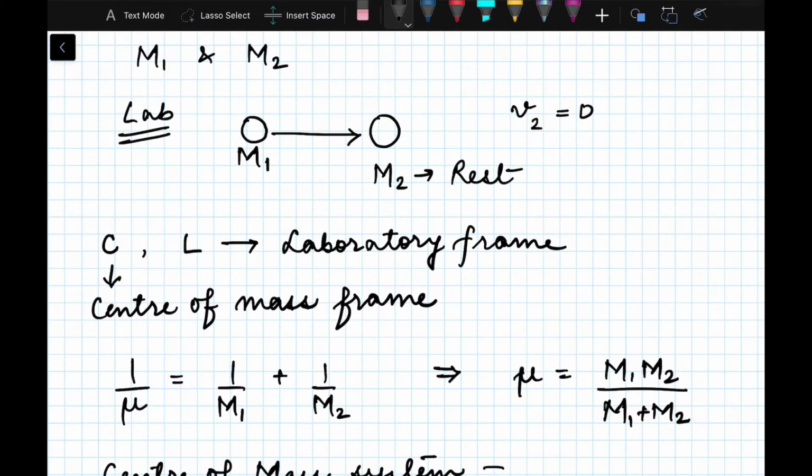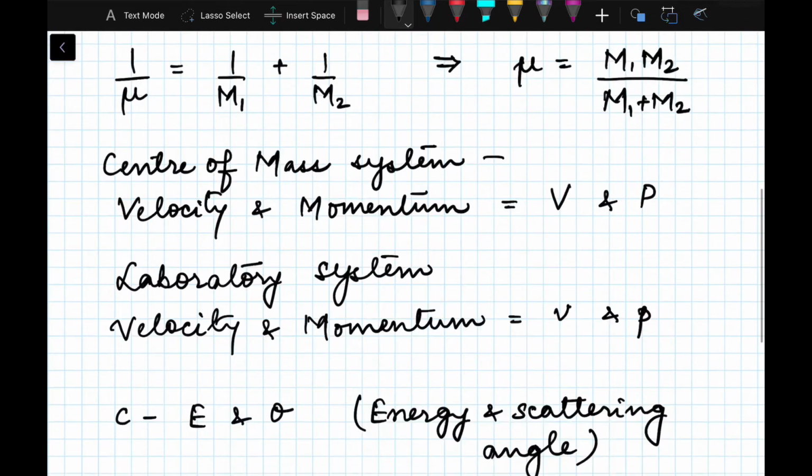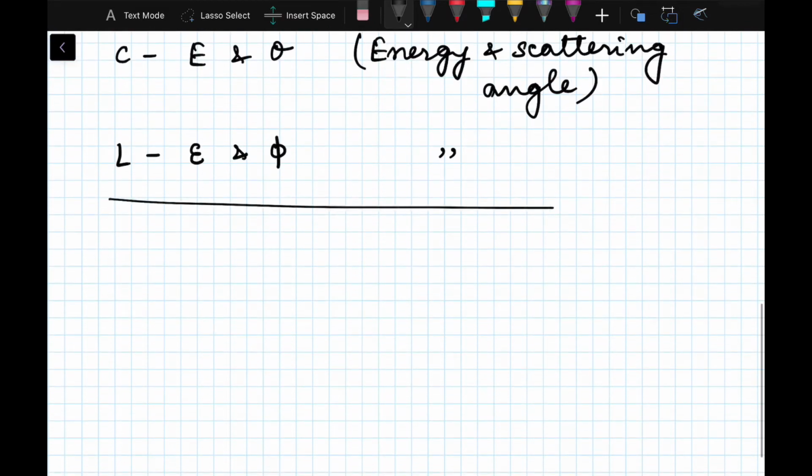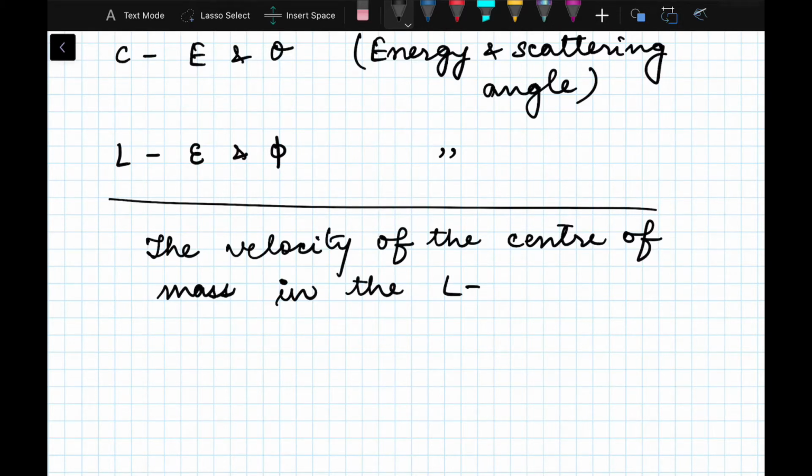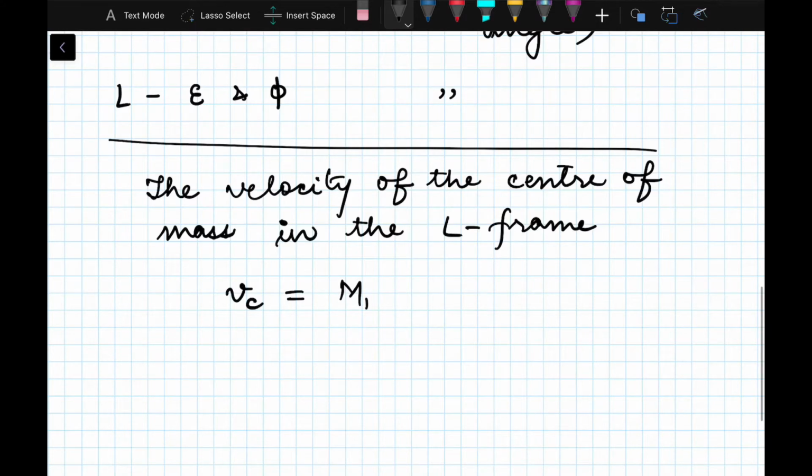Now let us write here the velocity of the center of mass in the lab frame. We already know this relation, Vc is equal to m1 v1 plus m2 v2